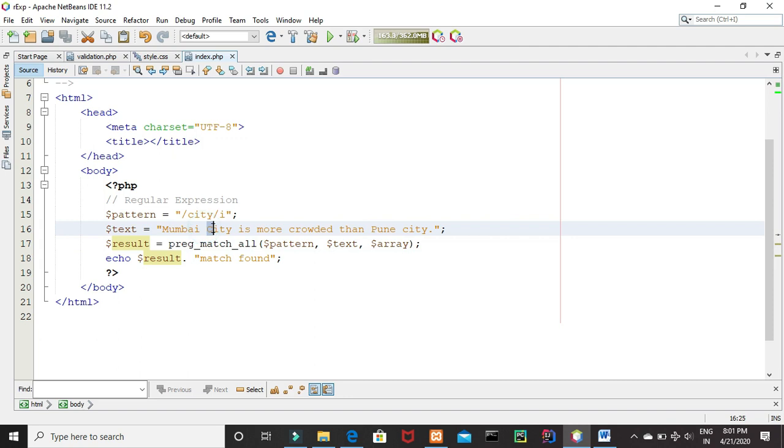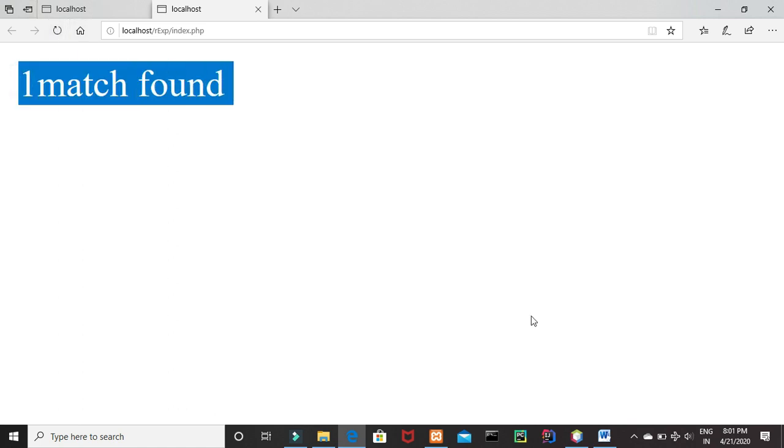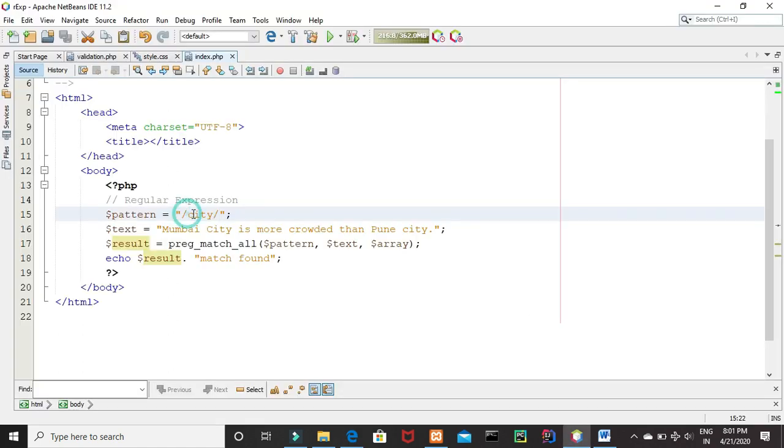One is capital C city and the other one is small c city, and we have used the pattern modifier i. If I don't use this and refresh, it says one match found, because the pattern says small c in city, whereas we have two words with city, but in this it is capital C and in this it is small c.